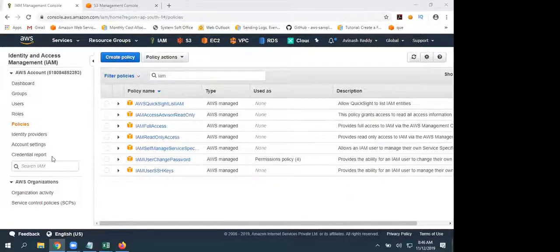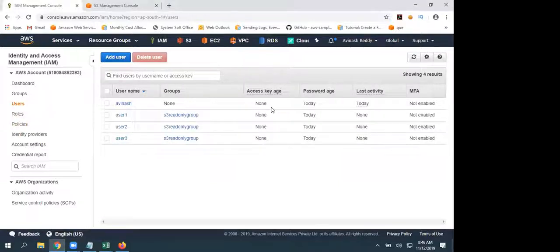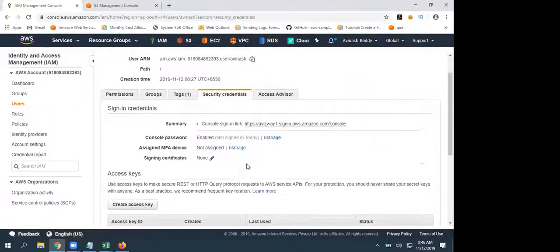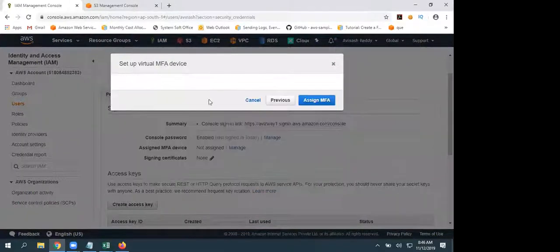And if you want to enable MFA for any IAM user, it is easy. Just go to that user account, go to security credentials, and assign an MFA device, click on manage, the same steps you can follow.